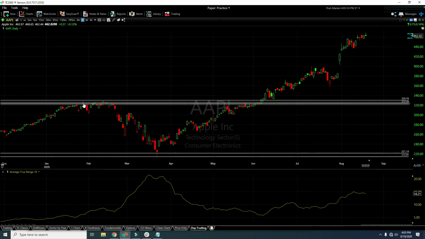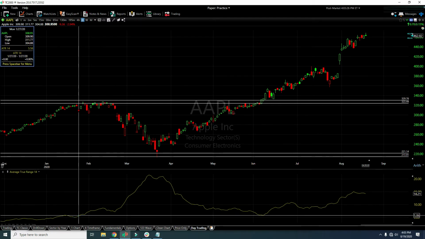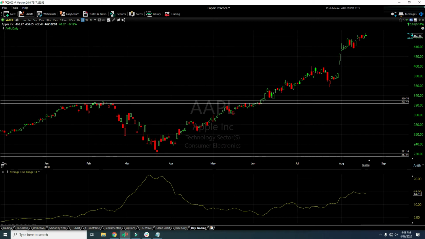If you want to put a stop loss, if you are planning to go short in this area, let's say you are in one of these days. You look at the average true range. If you look at it, it says $5.86. So you would put your stop loss $5.86 above the top of the support or resistance area, in this case, the resistance area.